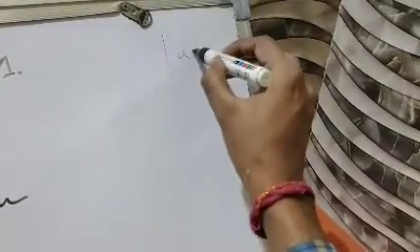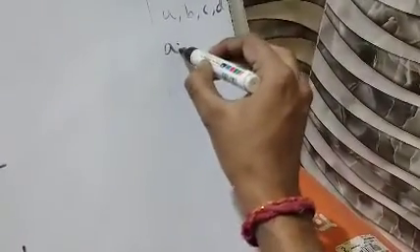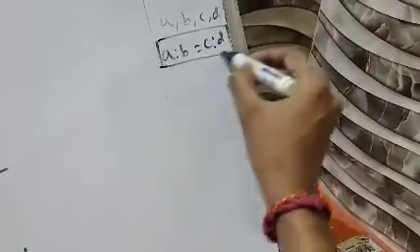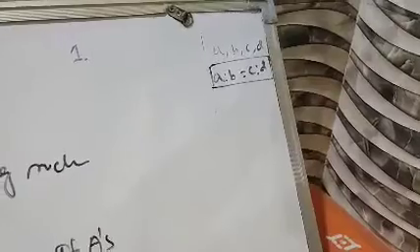The concept was that suppose there are four numbers A, B, C and D. These numbers will be in proportion if A is to B equals C is to D. That means the ratio of the first two terms should be equal to the ratio of the last two terms, only then we can say that the numbers are in proportion. That means equal ratios.